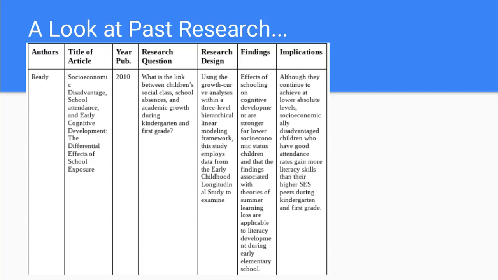and first grade? Overall, this study found that effects of schooling on cognitive development are stronger for lower socioeconomic status children, and that the findings associated with theories of summer learning loss are applicable to literacy development during early elementary school. So furthermore, this study is pushing us to notice that although they continue to achieve at a lower absolute level, socioeconomically disadvantaged children who have good attendance rates gain more literacy skills than higher socioeconomic peers during kindergarten and